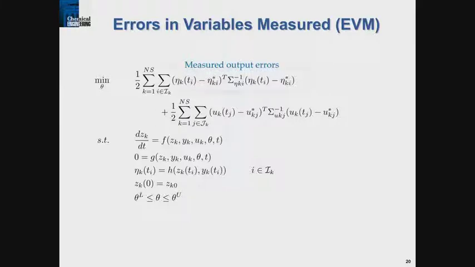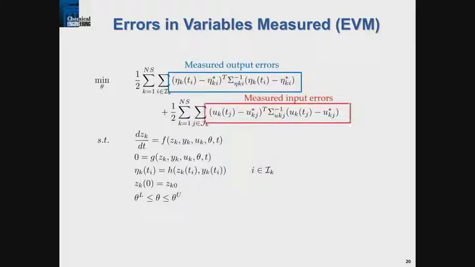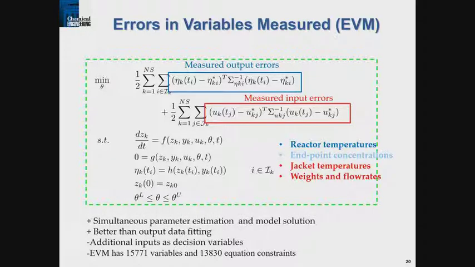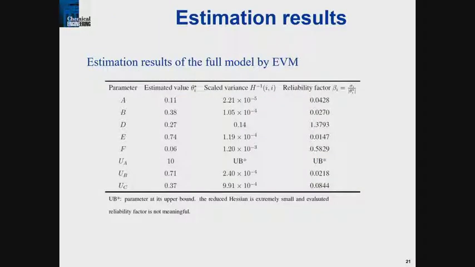So we're going to put that together. We have the output errors, we have the input errors, we have the inputs and the outputs. And now what we're going to do is put together that parameter estimation and model solution with our direct transcription approach. We have those extra degrees of freedom here, which are basically figuring out the inputs as well as theta. And when you put this problem together, it has about over 15,000 variables and 14,000 equations. Okay, so this is actually not a tough problem to solve. It's not very big. And this we solved with IPOPT. This was a solution that we got, okay?